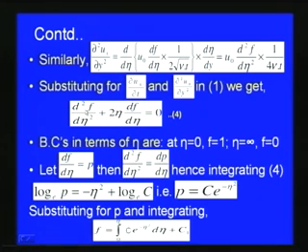So we get d square f by d eta square plus 2 eta df by d eta is equal to 0, as in equation number 4. Correspondingly, the boundary conditions in terms of eta also have to change. So at eta equal to 0 we get f equal to 1, and at eta equal to infinity we get f equal to 0.